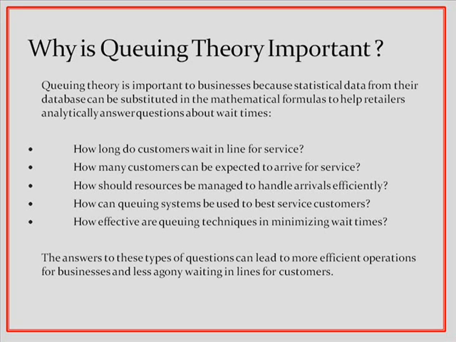How should resources be managed to handle arrivals efficiently? How can queuing systems be used to best service customers? How effective are queuing techniques in minimizing wait times? The answers to these types of questions can lead to more efficient operations for businesses and less agony waiting in